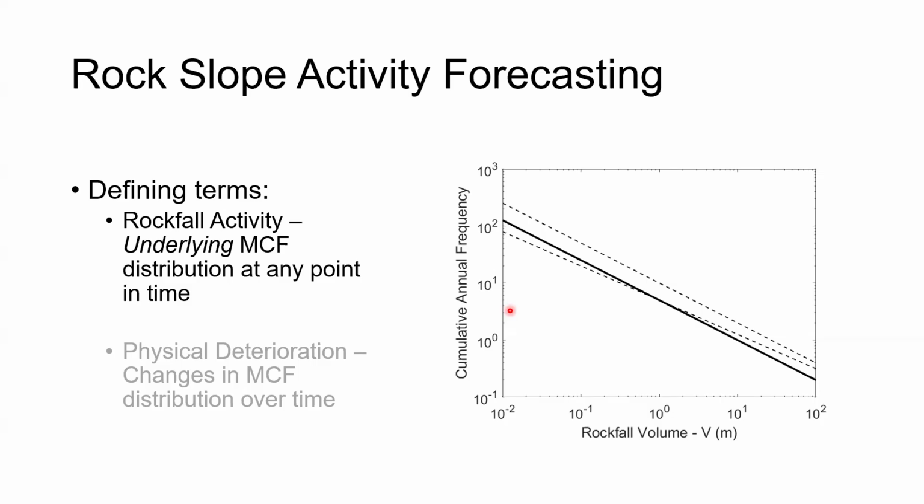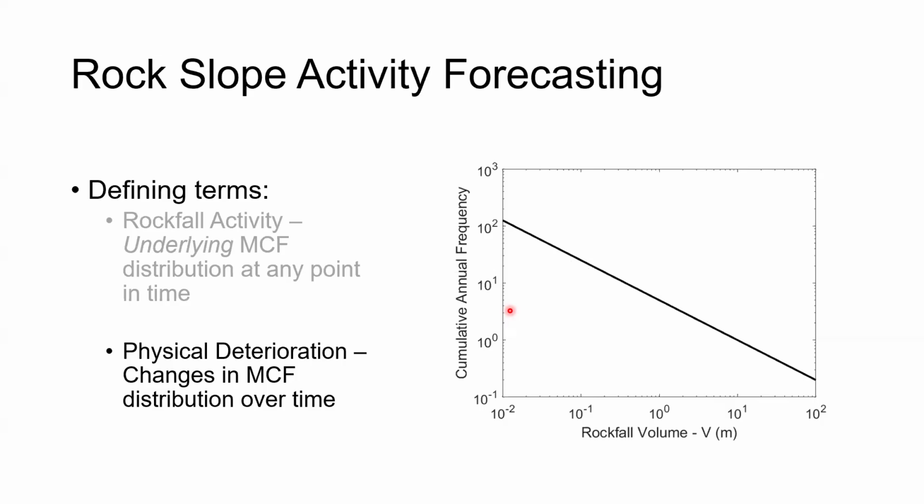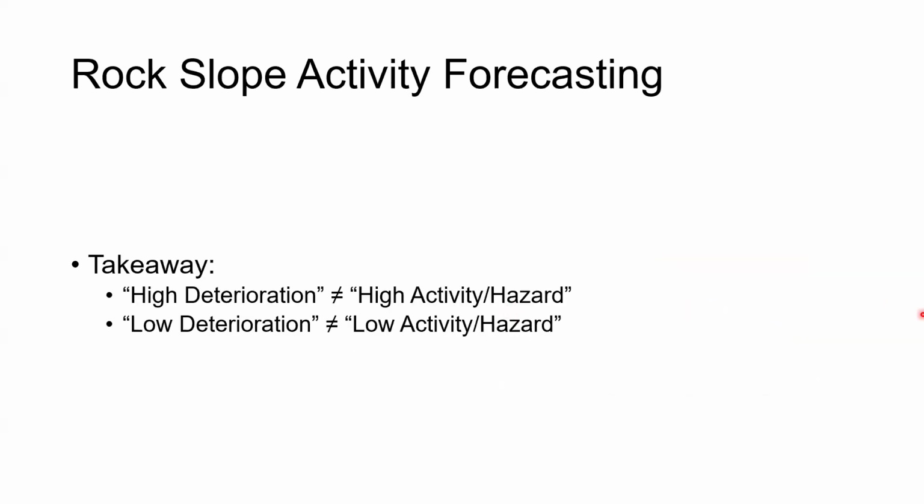And so that variability may look like this from month to month or year to year. And then the other term is physical deterioration, and this would be consistent, coherent changes in the MCF over time. So not year-to-year variability, but a consistent sort of, for example, upward movement of this curve indicating increasing rockfall frequency over time. And with these 2 terms in mind, the activity and the deterioration, I want to really emphasize here